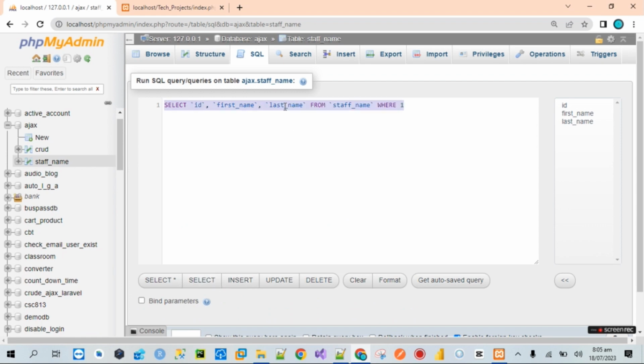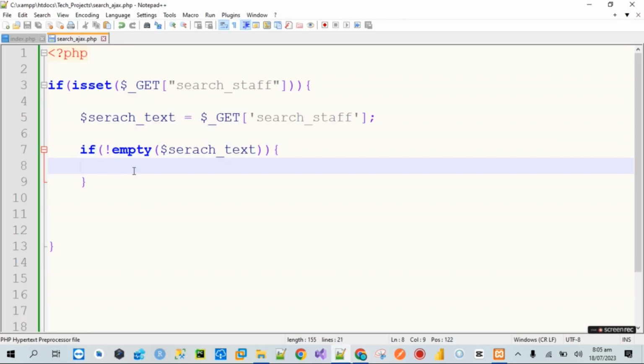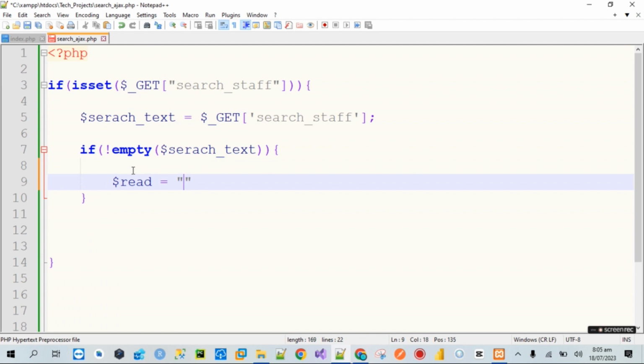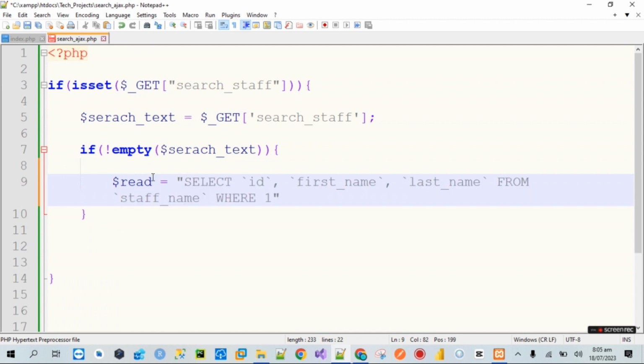If I go here, copy this one, I will come here, it's okay. Come here and say, okay, $read is equals to double quotation. Inside this quotation, paste this query here. When I say select ID, select first name, select last name, from staff name, where name like. We are going to come here, we'll say where first name like, remember I taught you what like does, right? Good. Well, first name like